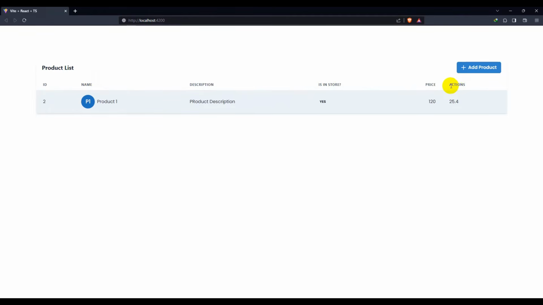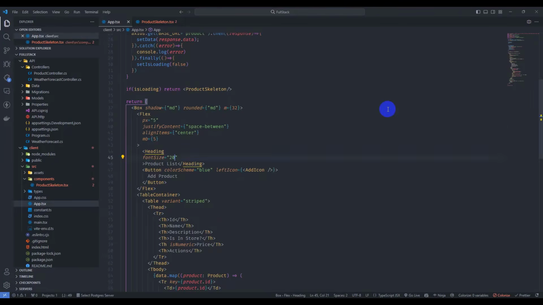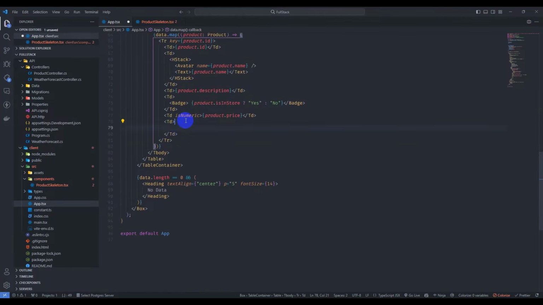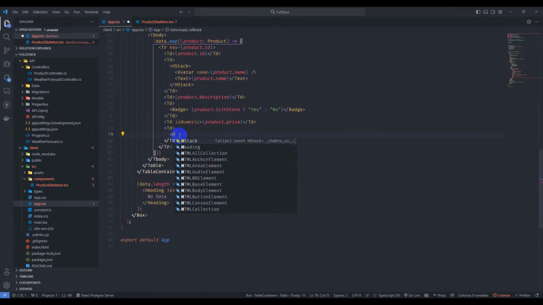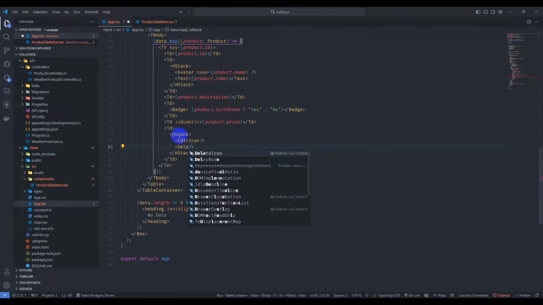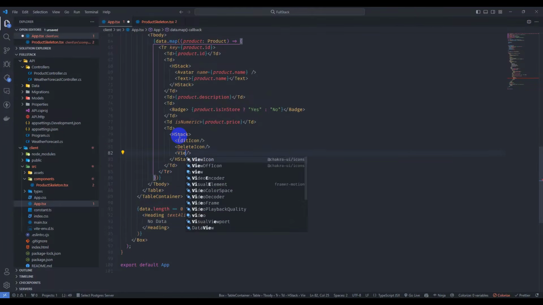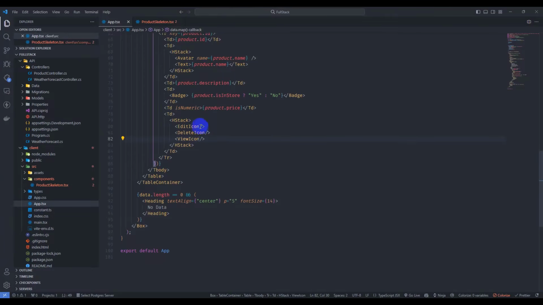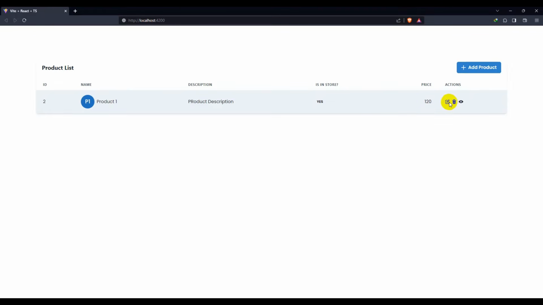So in action just add some buttons, go to here and just add here, just type let's stack and first of all edit icon, another is delete icon, and another is view icon. So let's save it, go to browser and we have 3 icons. So just give it color blue and save it. We have blue color,